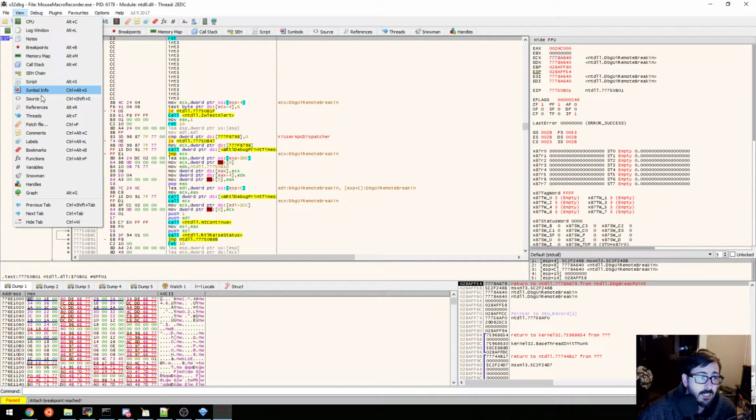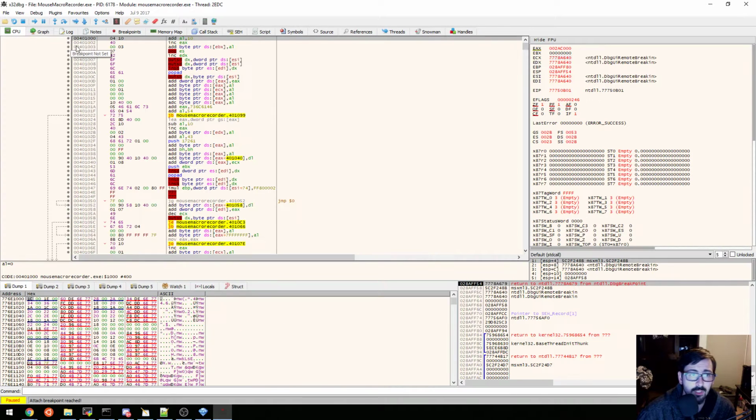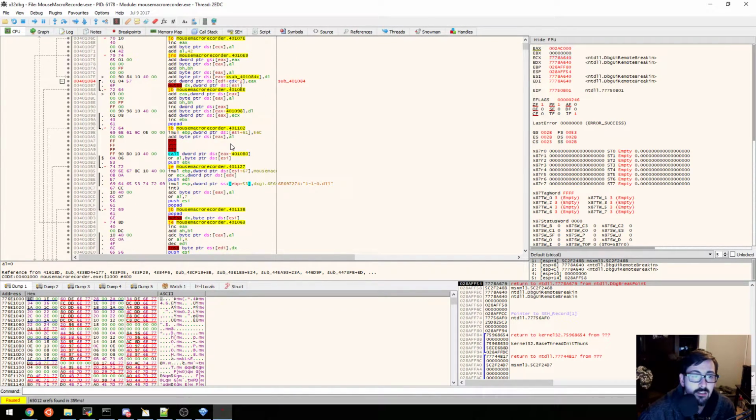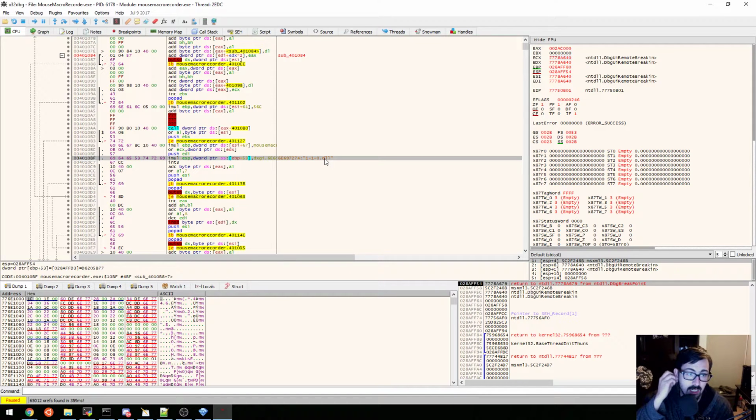Let's go to review modules. There we go. Symbol information. Control A. This looks rather odd. This looks very odd. What in the hell? 1-1-o.dll. Why does this look so odd?